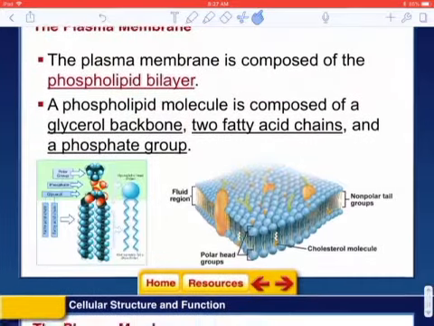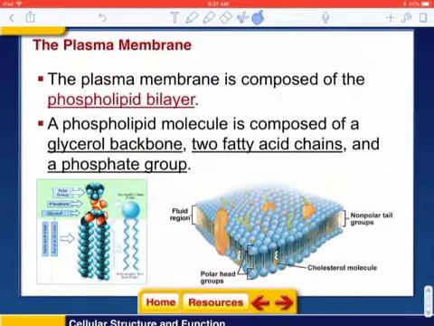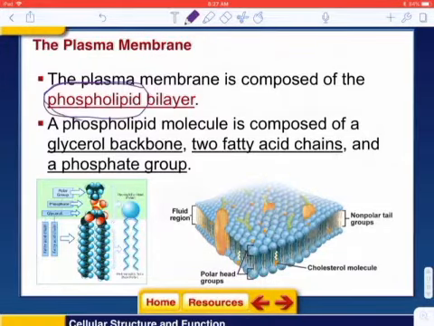Right? So taking a closer look at the plasma membrane, the majority of the plasma membrane is made up of this molecule that we should recognize from our last unit, the phospholipid. This was one of the major polymers of lipids that we talked about in our last unit. And the plasma membrane is described as being a phospholipid bilayer. So that prefix bi, hopefully we remember, means two,